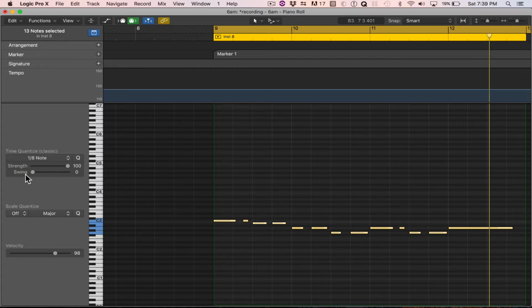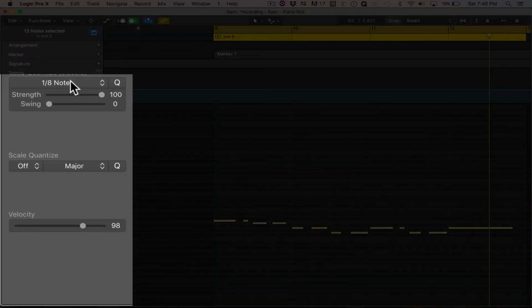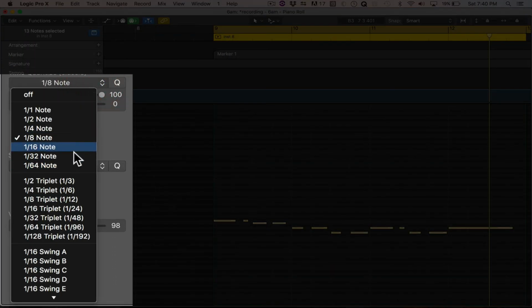And there's a whole discussion on swing. That's a whole other tutorial. I would look up what swing is in music. But that's how you can control the level of swing. And again, with the quantization, you can control any number of notes, 64th notes, triplets,